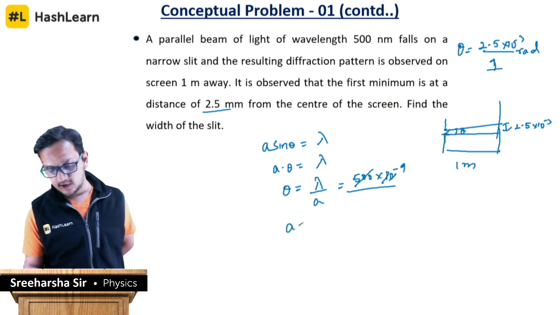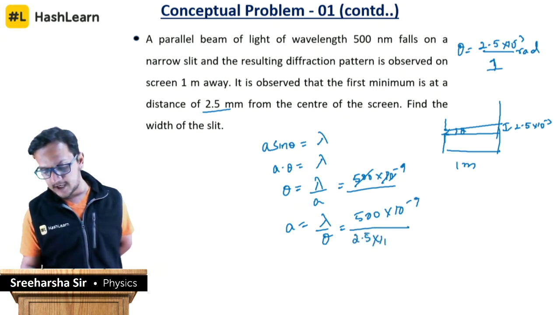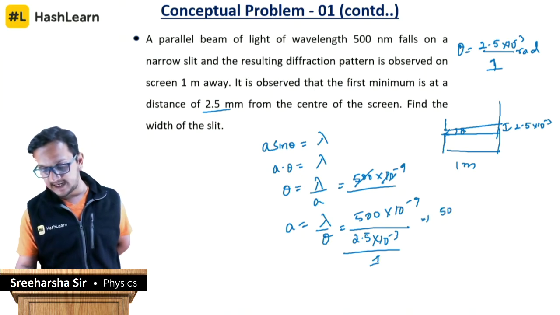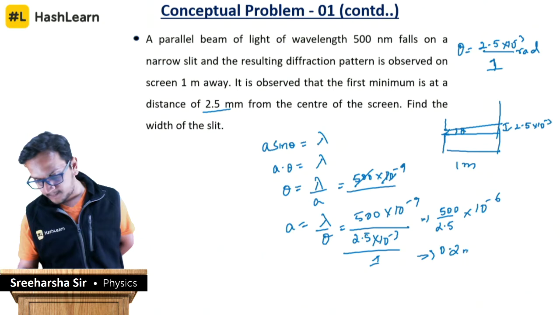So a is equal to lambda by theta, where lambda is 500 into 10 power minus 9 divided by theta, which is 2.5 into 10 power minus 3 divided by 1. So this is equal to 500 divided by 2.5 into 10 power minus 6, which is approximately equal to 0.2